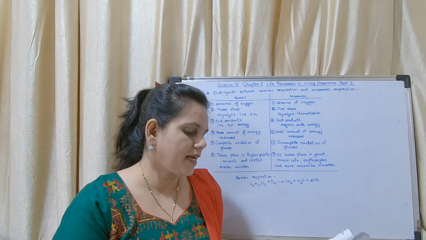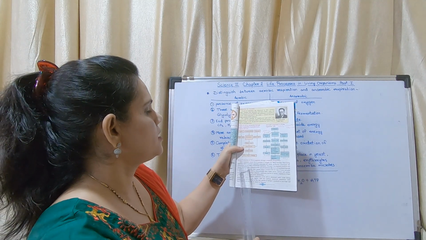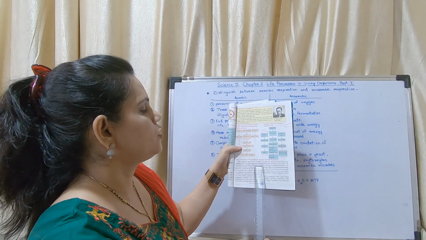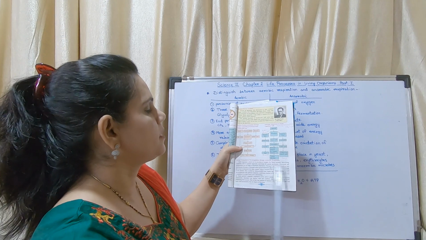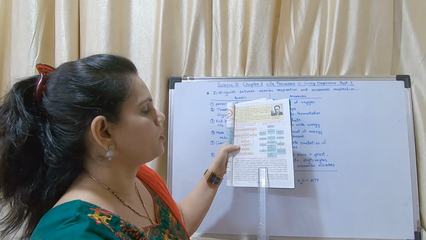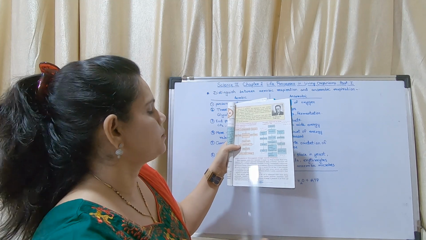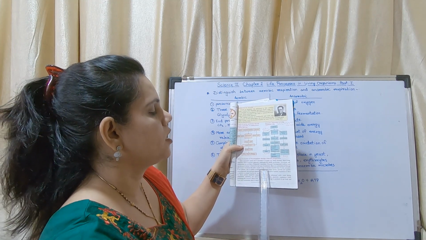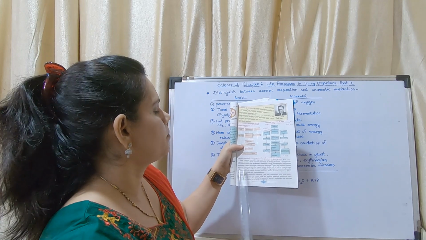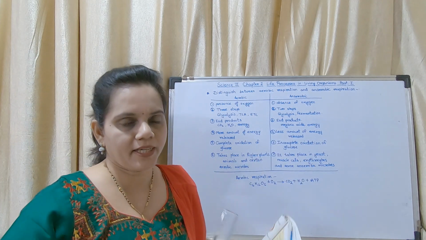Now there is a paragraph below. In this paragraph, glycolysis and fermentation are the two steps of anaerobic respiration. Glucose is incompletely oxidized and less amount of energy is released. From here, pyruvic acid produced through glycolysis is converted into organic acids or alcohol with the help of some enzymes in this process. This is called fermentation.